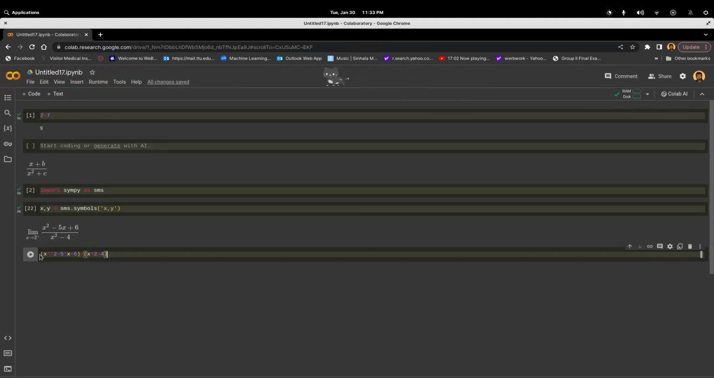Okay, so this will be x here. Again, I accidentally put the LaTeX one. Okay, I will put star 2. So this gives me this expression. Now, to do the limit of this one, I will do sympy dot